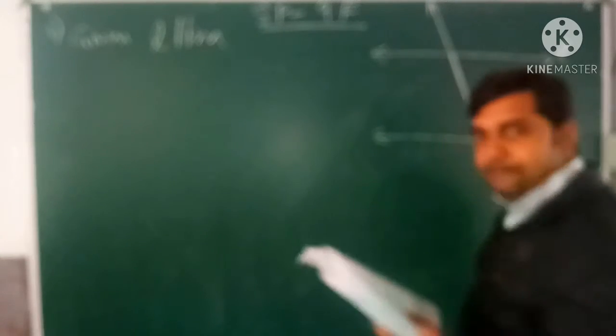Line N is parallel to M. That is given that line N is parallel to M. And we have to find the angle A, B, C and D in the same order. So here two lines are given. That is the line L and that is the line M, and both are parallel to each other. There is one transversal. This is a transversal which is intersecting the two parallel lines L and M.